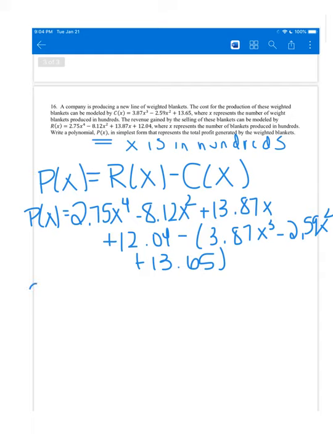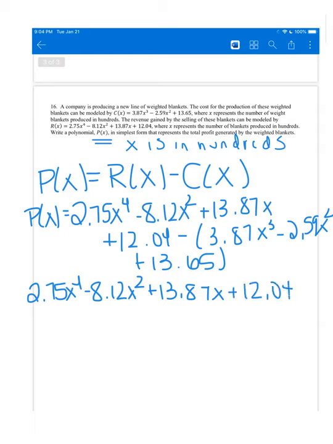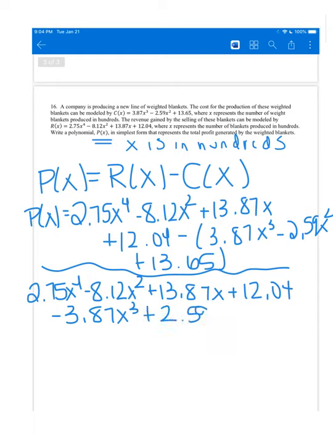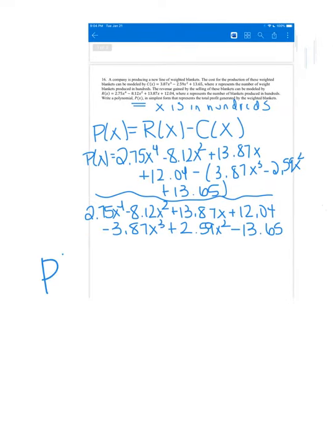So you are going to combine like terms. You have 2.75x to the 4th minus 8.12x squared plus 13.87x plus 12.04. I'm going to go on to the next line just because I don't have any room. Then you have minus 3.87x cubed plus 2.59x squared minus 13.65. So your final answer after you combine like terms, final answer to number 16, P of x is equal to